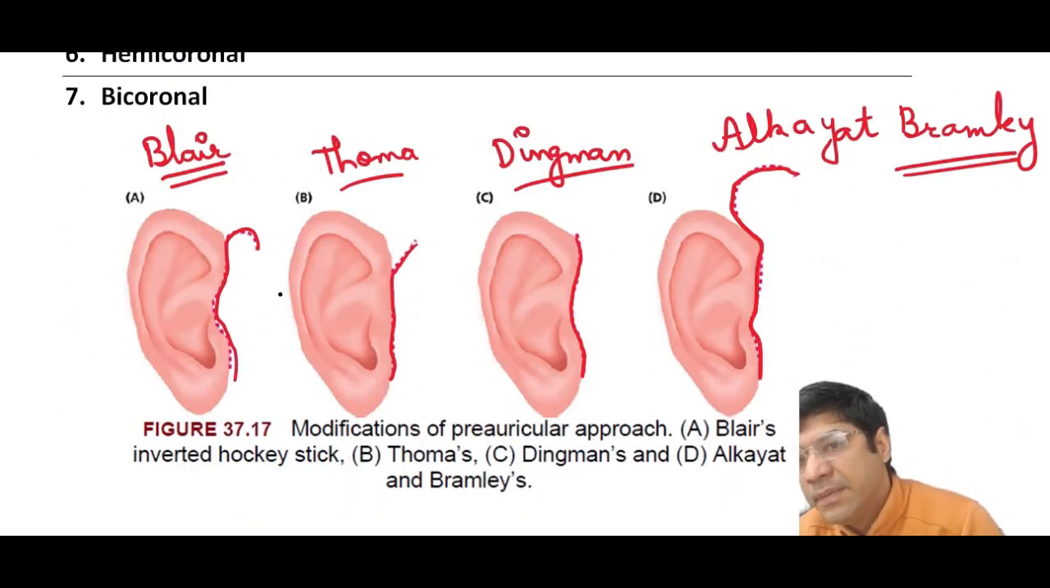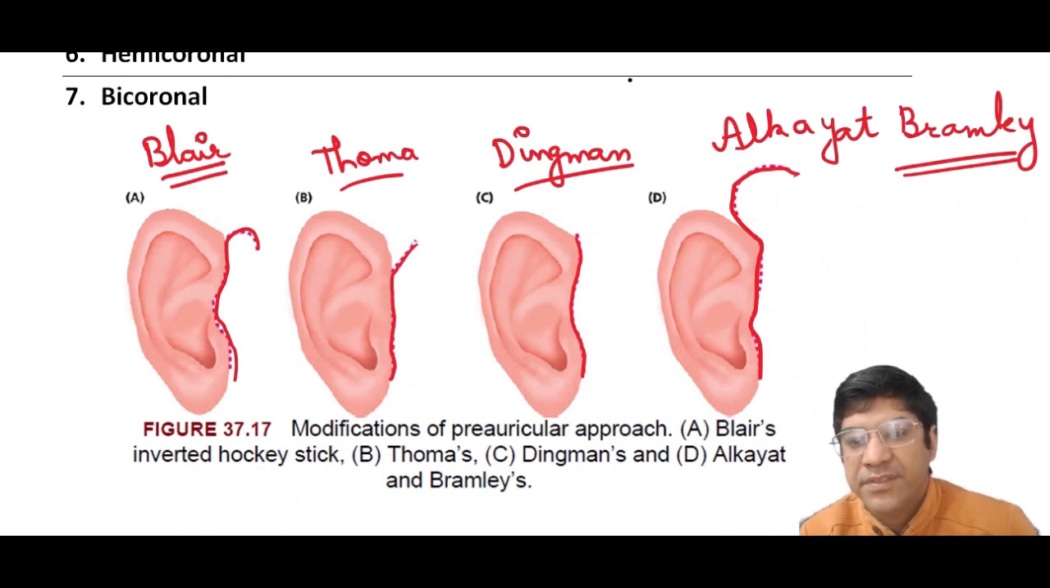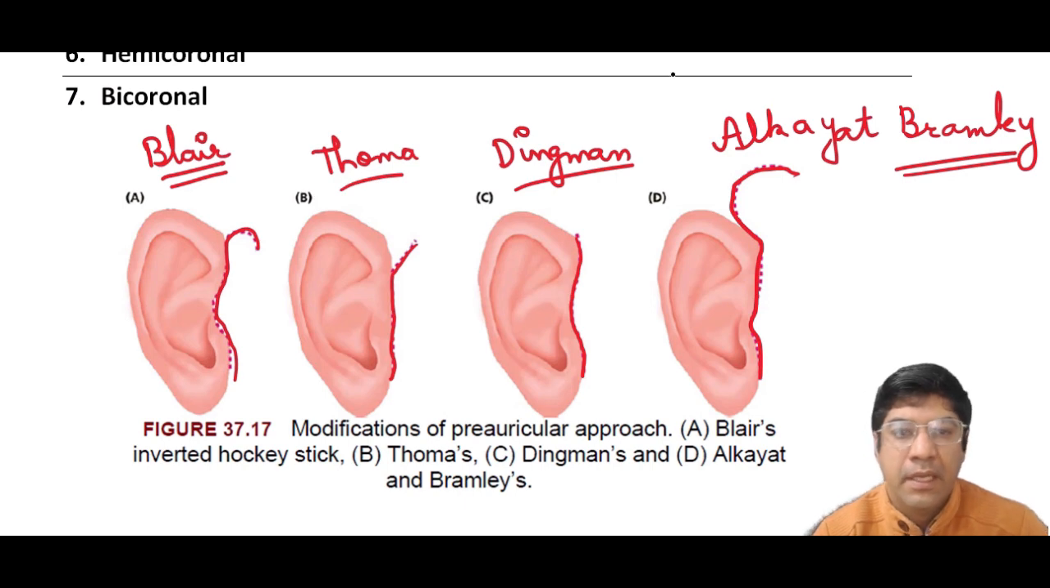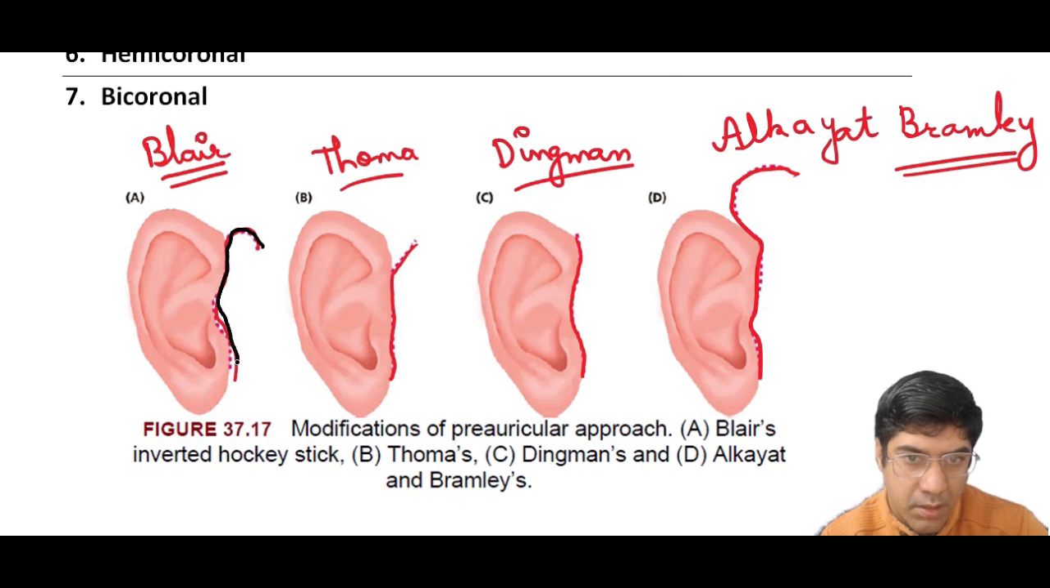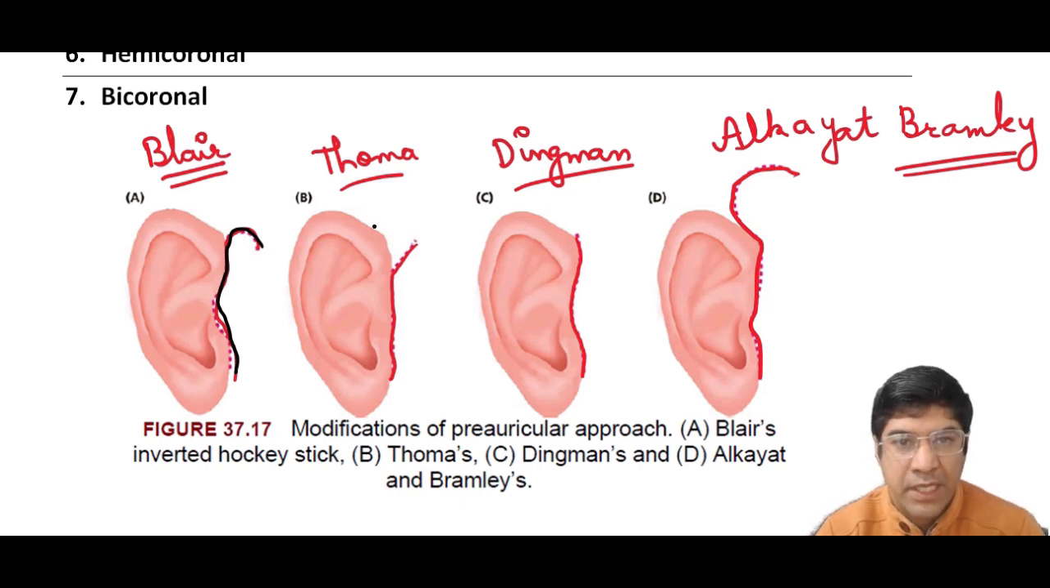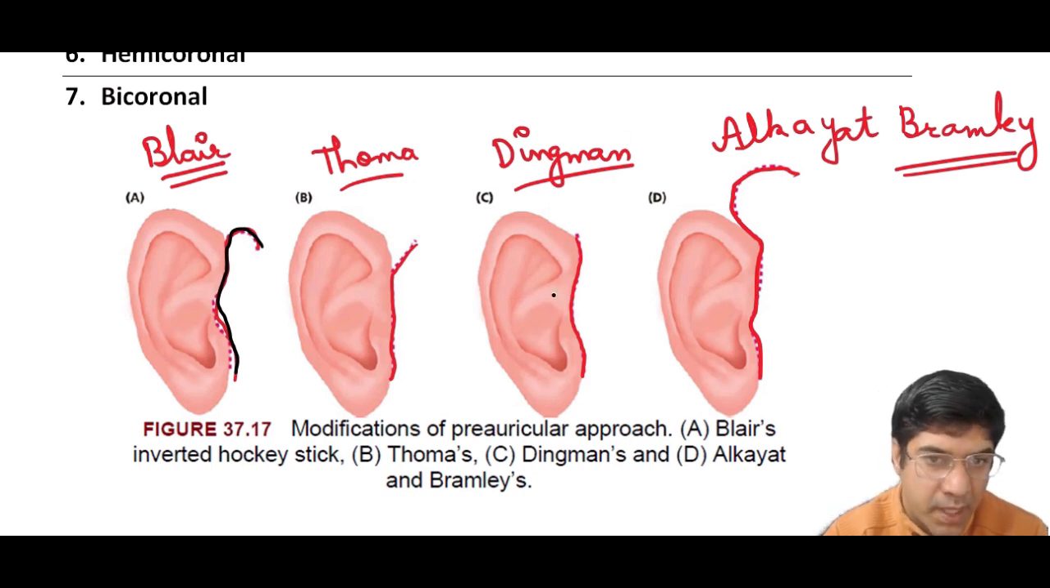So this picture represents the modifications. The first is the Blair and Abbey's inverted hockey stick incision. So imagine drawing a hockey stick, an inverted hockey stick, over the zygomatic arch area. This incision is the Blair and Abbey's incision. It provides better access and visibility, making it easier to reach the zygomatic arch and the condylar region. The second is the Thoma